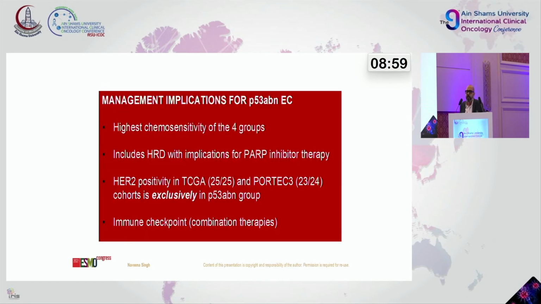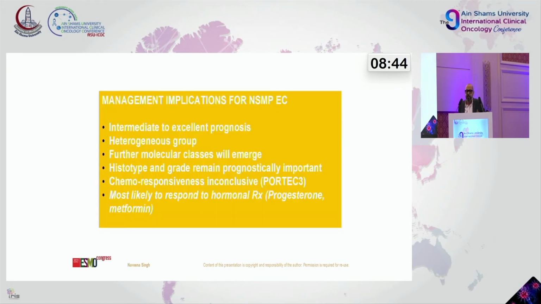For p53 abnormality, it has the highest chemosensitivity of the 4 groups and includes HRD with implications for PARP inhibitors, and we have trials now in metastatic endometrial cancer with p53 mutation in which patients receive PARP inhibitors as maintenance treatment. The best prognosis is the non-specific molecular subtype endometrial cancer, and this was the one responsive to